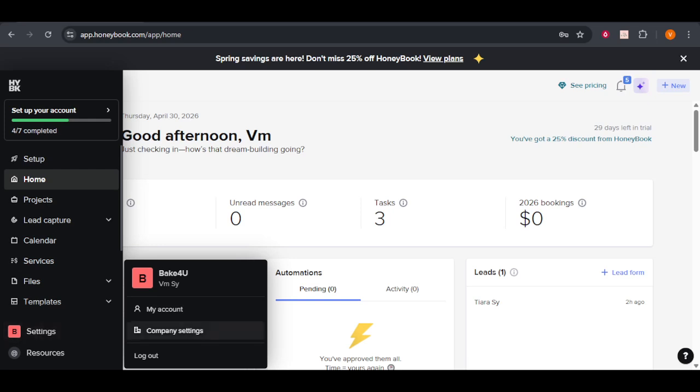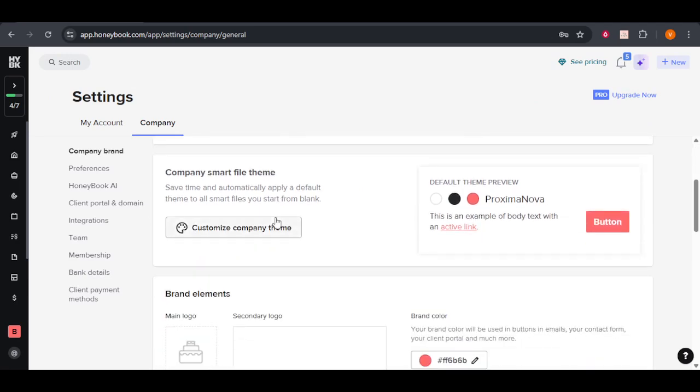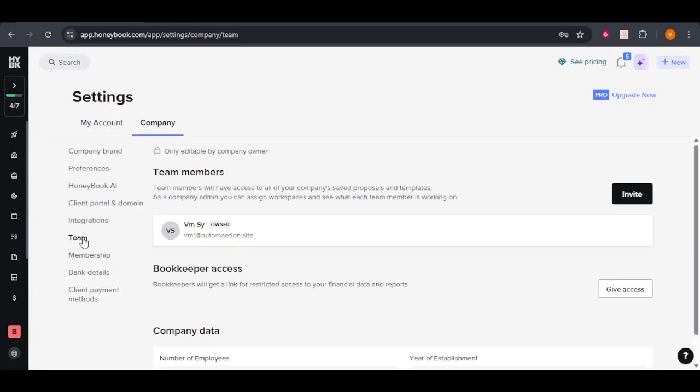This area of Honeybook is crucial as it houses all the controls you need to manage your business operations and team details. Once you're in Company Settings, the next step is to open the Team tab. You'll find this at the top of your screen, nestled among other options. The Team tab is where you can view and manage all your current team members. It's like the central hub for team management on Honeybook, providing an overview of who's currently part of your team